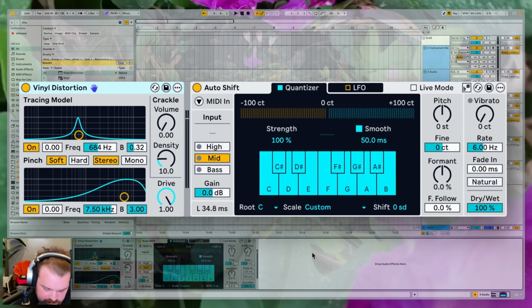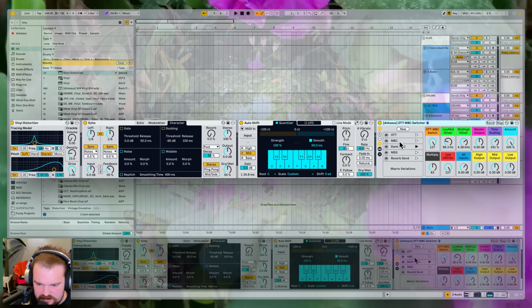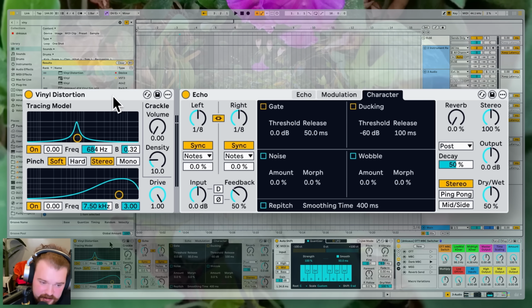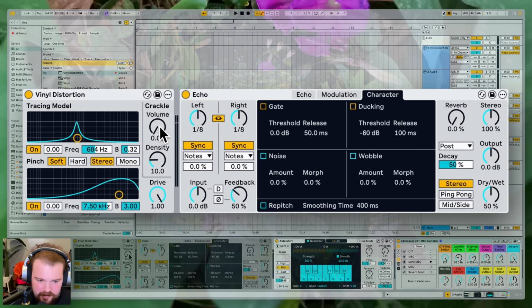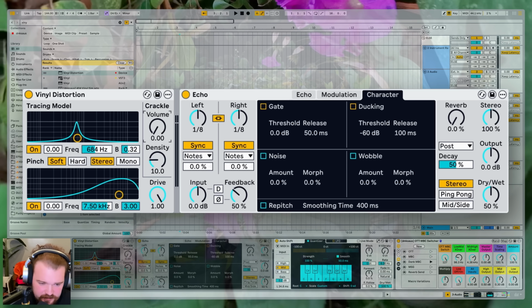I'm going to start out with a vinyl distortion and an echo and a multiband compression at the end to protect our ears from what's about to come. So I'm pretty sure vinyl distortion is the only effect in Ableton that can generate noise without incoming audio or MIDI input. So if we turn up this crackle,